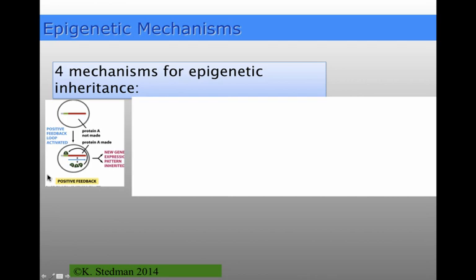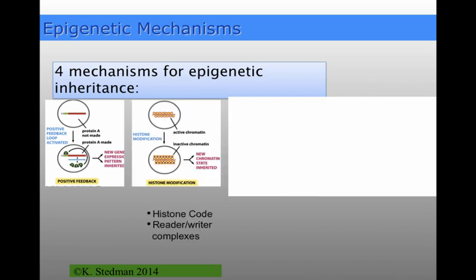So if you produce a protein, for instance, a transcriptional activator, in a cell, which regulates itself, then as soon as you have cell division, that transcriptional activator will still be there. It will activate the expression of its own gene, which will make more of the transcriptional activator, et cetera. So any kind of positive feedback loop can give you epigenetic inheritance.